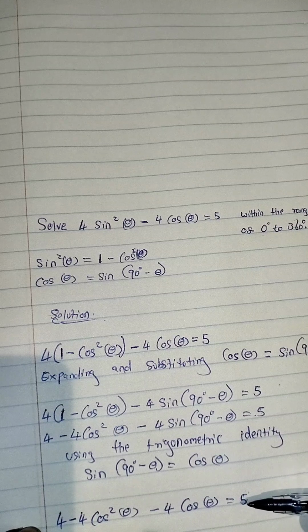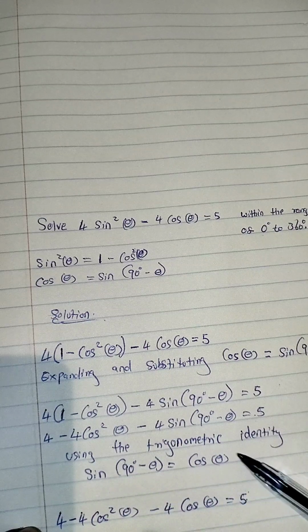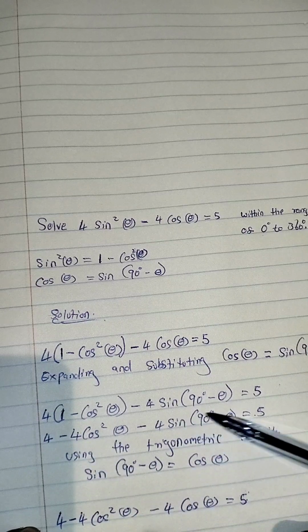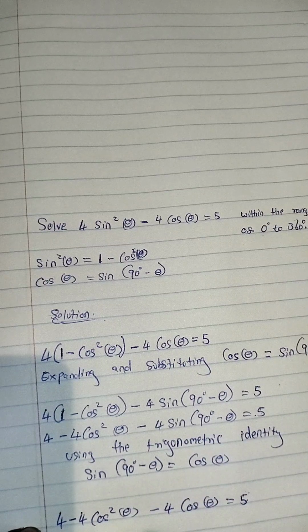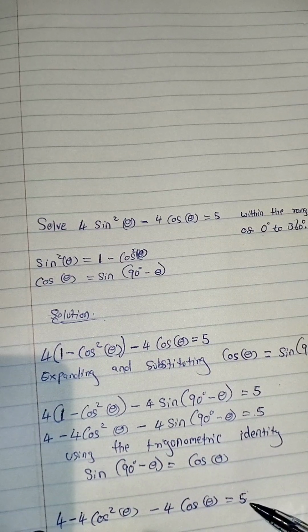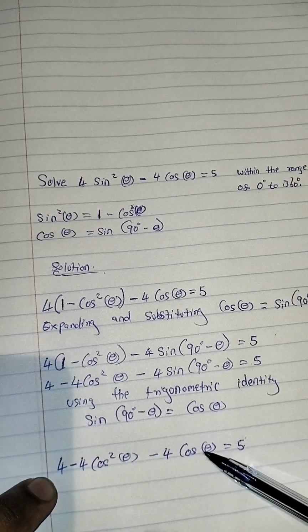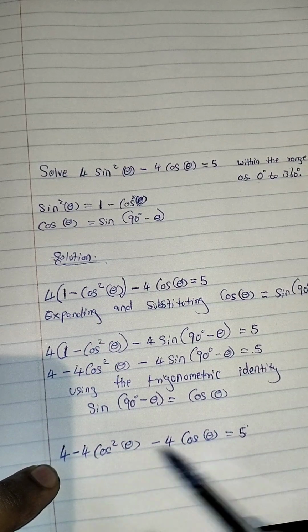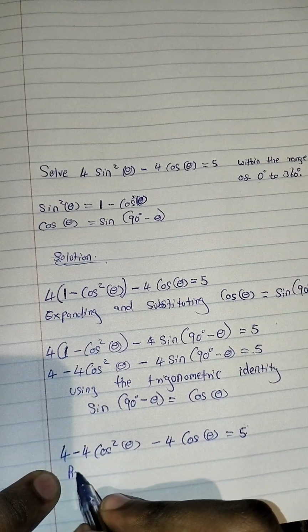As I've just said earlier, at this position we are going to substitute the side where we have sine 90 degrees, which is the same as cos theta. So this thing is just the same here. But here, I have just told you in this formula, we can arrange it to be like this. So now it looks the same. If it looks the same, now I can rearrange it by finding a value. Because you know, when the values look the same, you can substitute with a certain value to make a quadratic equation. So here I say rearranging